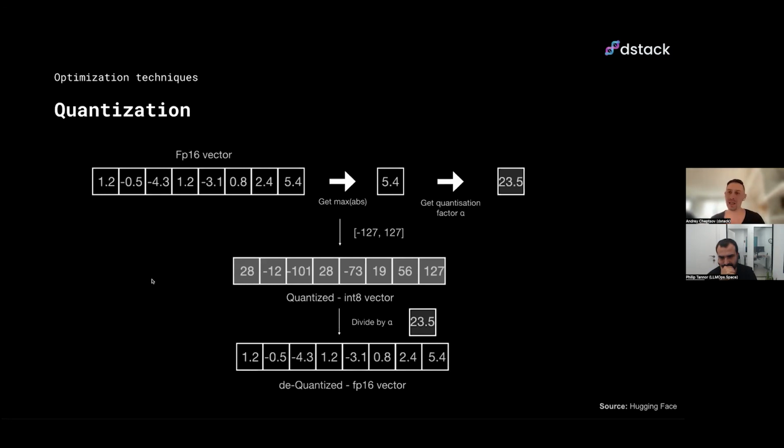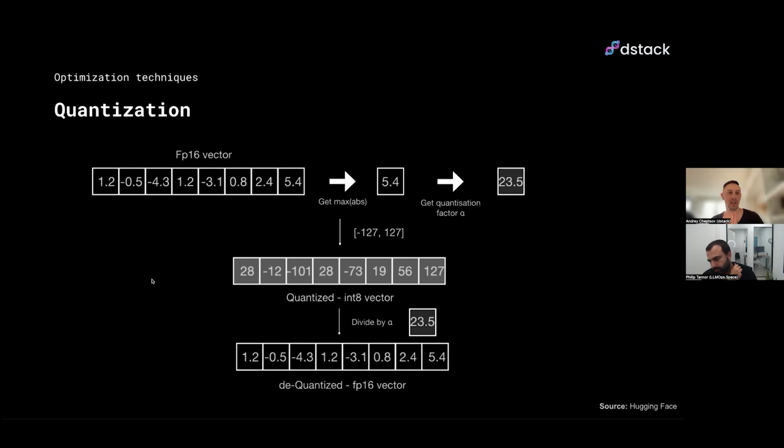Typically these weights are stored in a float 32 precision format, and they have high precision, but they require a lot of memory to store, and the math calculations for multiplying matrices are a pretty expensive operation.